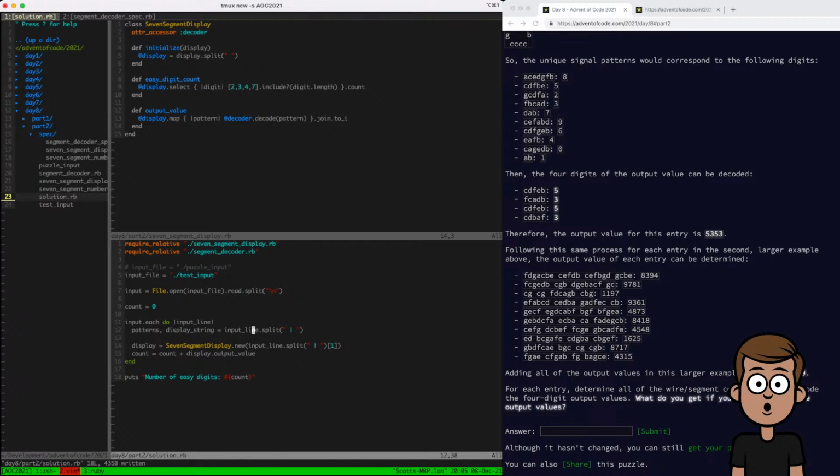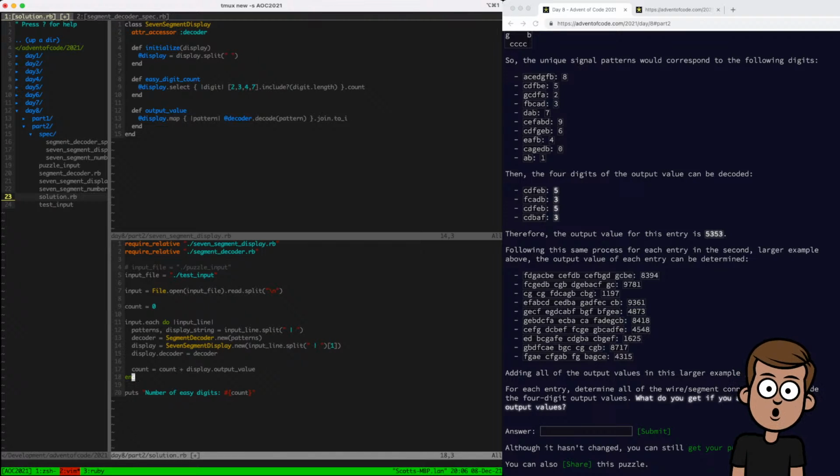We have a decoder equals segment decoder.new patterns. We do display.decoder equals decoder, and then we count them up, and we expect this to be